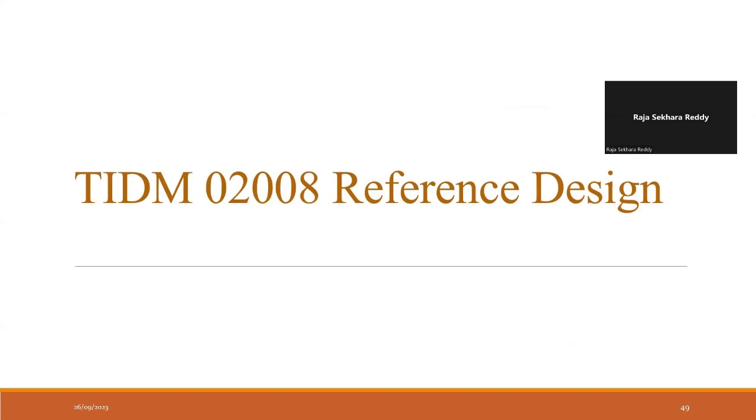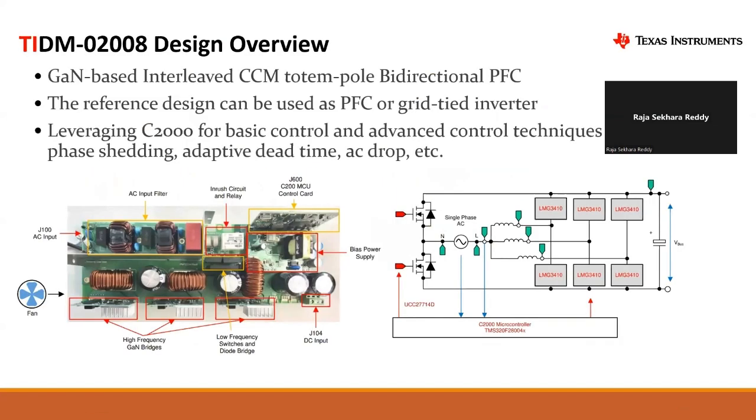So this is a totem pole PFC reference design. A three-phase interleaved totem pole PFC reference design. So we have one inductor, two inductor, three inductor. So these are the three phases. Remember, this is a single phase